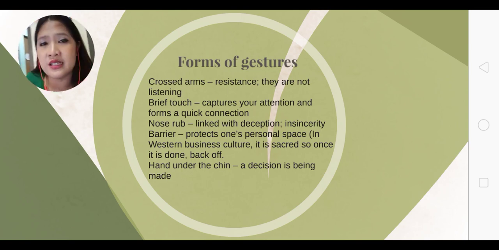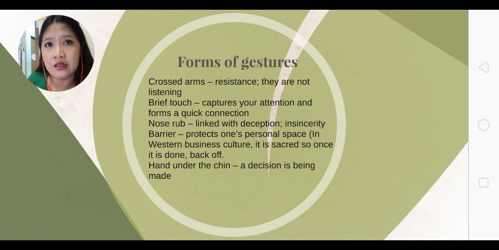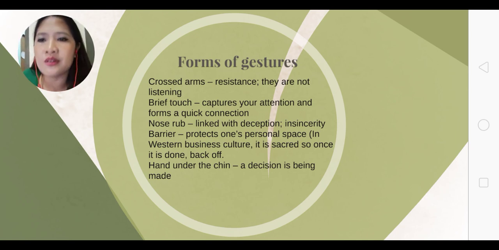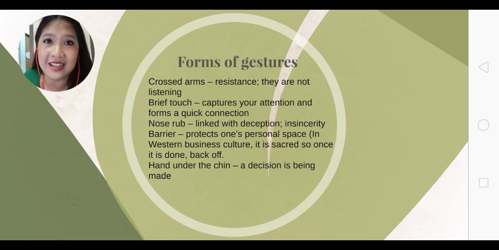For example, you're on a date. You're attempting to hold the hand of your date, but your date notices this and holds her bag on the hand that you're trying to hold, and then you transfer to the other side. Then she hugs her bag. That is already a sign that she does not want to hold hands with you, right?